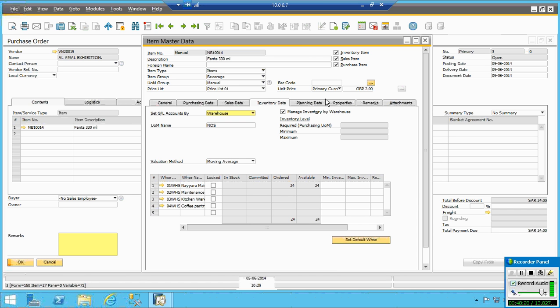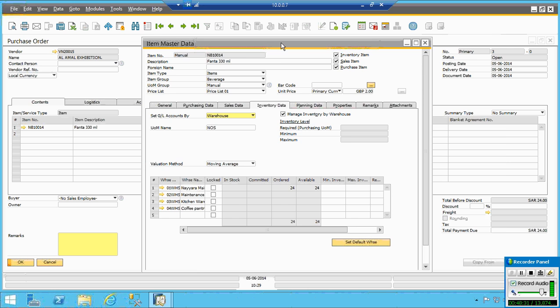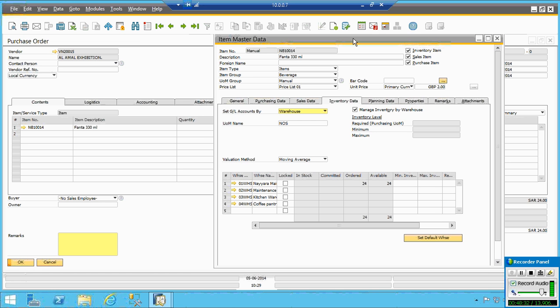For a purchase, I have given the quantity there as 1, but I mentioned a purchase quantity of 24. So if I take the total, the total is saying I have an order quantity of 24, not 1. So the purchase quantity is box, and box quantity is 1. So that is how the purchasing quantity can be handled.